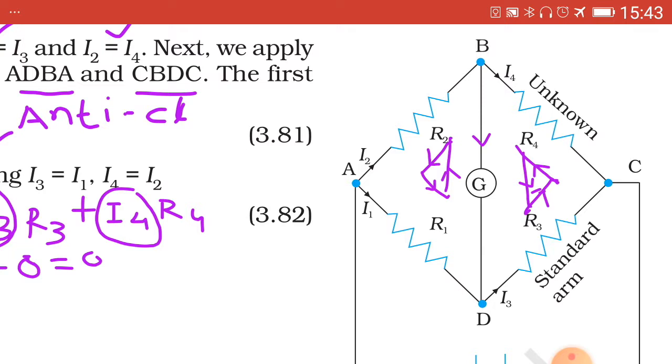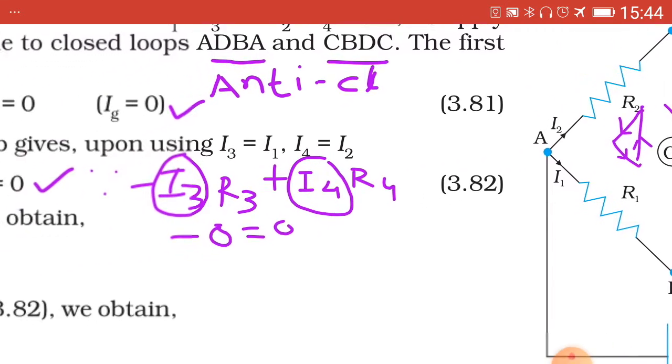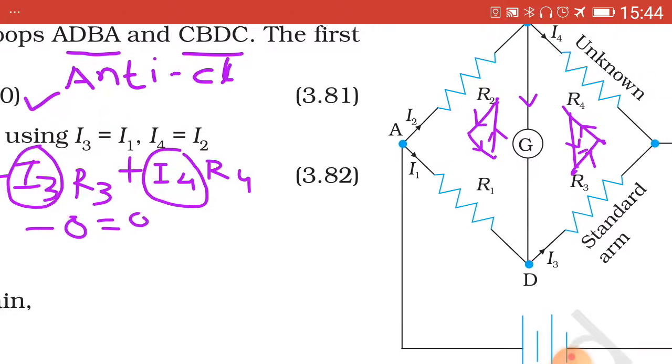Now again for the closed loop CBDC, in the anti-clockwise direction, traveling from C to B, so it will be C to B, purple arrow and black arrow in the opposite direction, so plus sign, so I2, sorry, I4 R4, I4 R4, plus sign, then